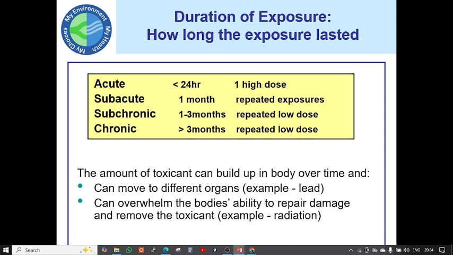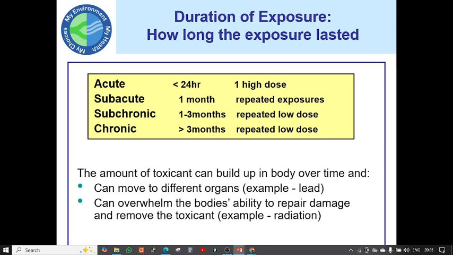The amount of toxicant that can build up in your body over time is also one of the factors, and it can move to different organs. For example, lead: if you consume lead through different routes, it can move through your blood to different body parts. If you consume lead or iron, then after some days the kidney may be affected. That is also one cause that can overwhelm the body's ability to repair damage and